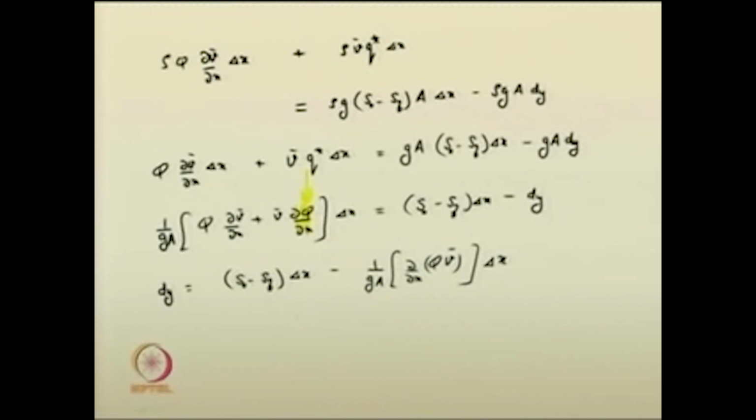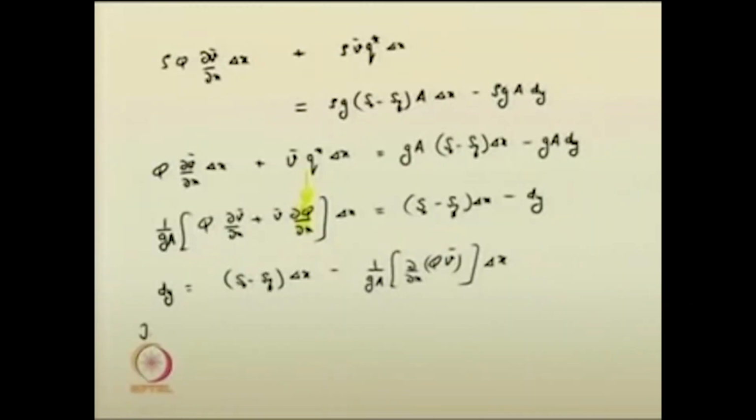So, that benefit I am getting when I write it in the following form. You see, as del x is the elemental length of the reach, if we limit del x and put it into the denominator, taking limits, del x tends to 0, this can now be represented as dy by dx is equal to S_0 minus S_f minus 1 by gA dou by dou x of